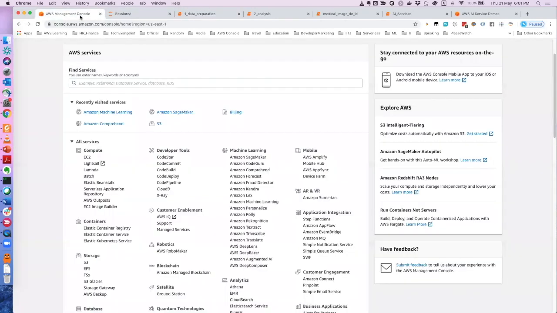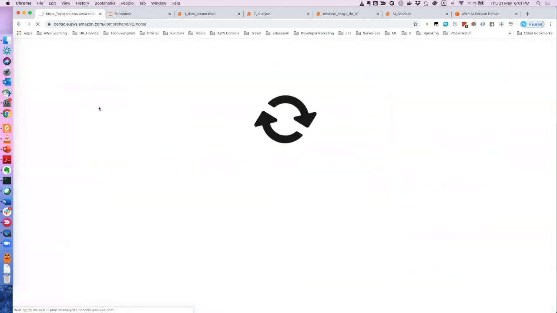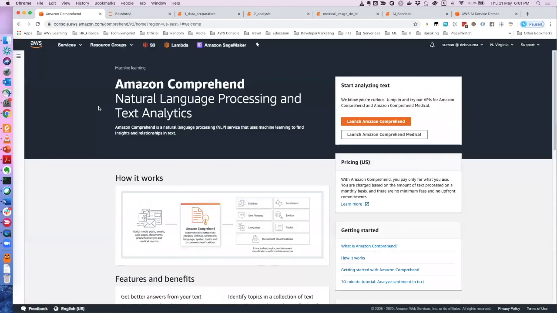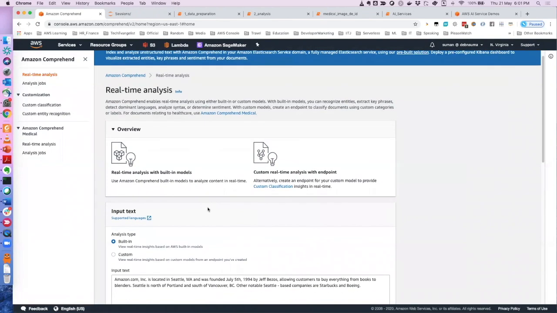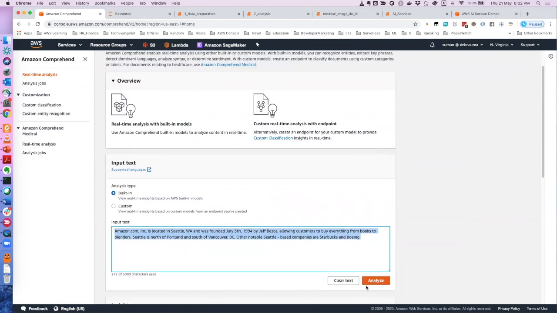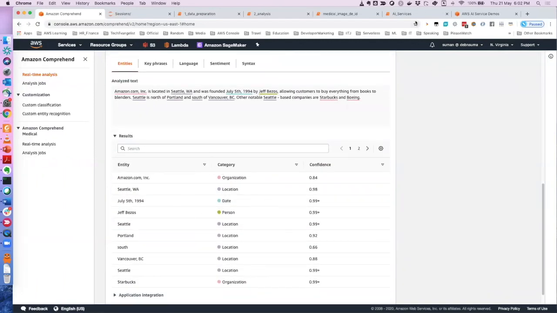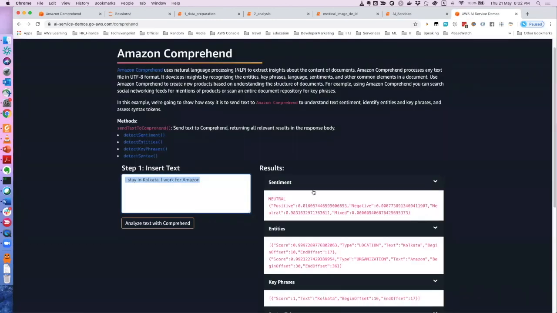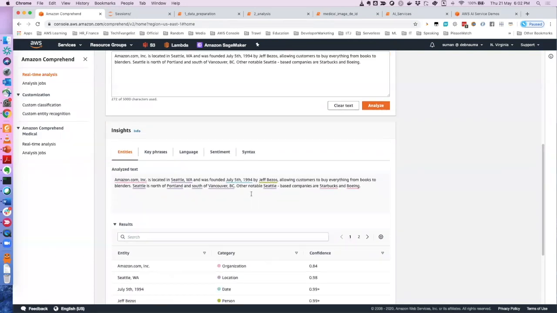Now what you can do is you can go to Comprehend, and you can click on launch Comprehend. This is the first page that you see, the starting point, and here you can do normal text analysis, which we have seen before. You can type in any text and click on analyze and it will get analyzed. Same thing that we have seen in the console, you can do it on the front page, but we have seen this, right?